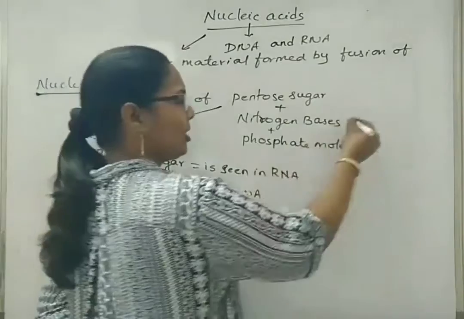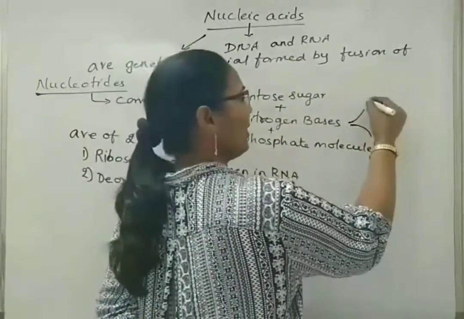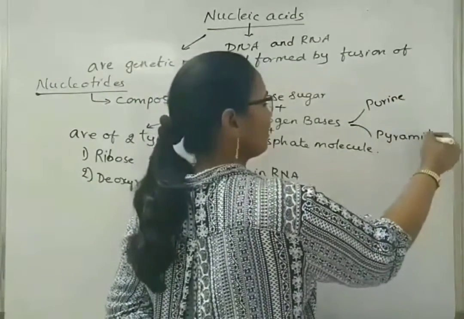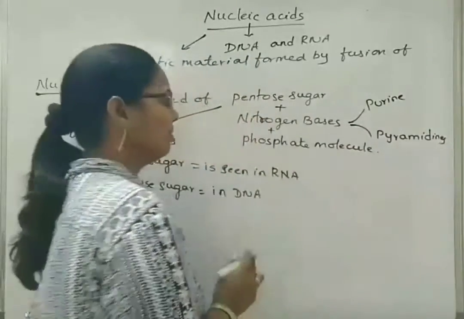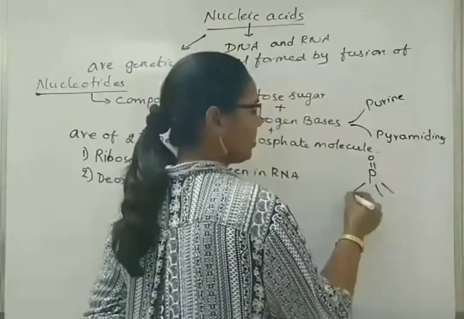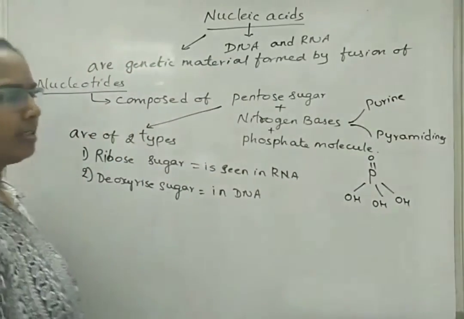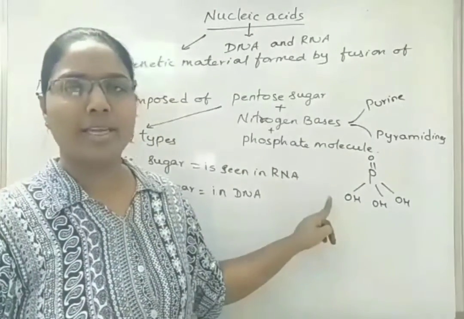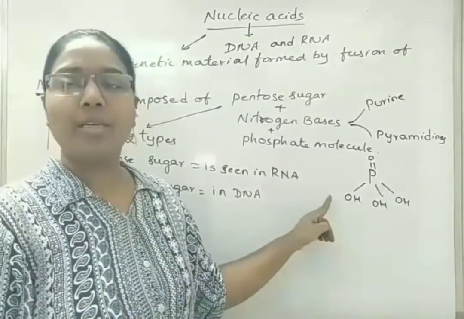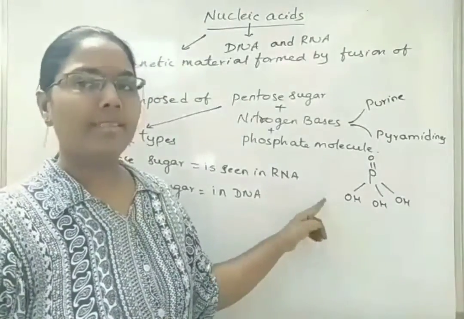Then what about nitrogen bases? Nitrogen bases again are of two types like that of pentose sugar. One is purine type, another one pyrimidine. Now, one phosphate molecule will be involved in the reaction. Its basic structure will be like this in case of nucleic acids. Learning this phosphate structure helps us to learn about the number of ester bonds and how they are formed, and the number of diester bonds that are present in nucleic acids like DNA or